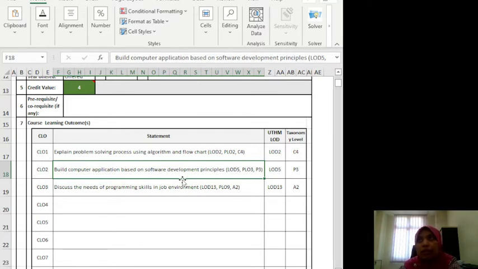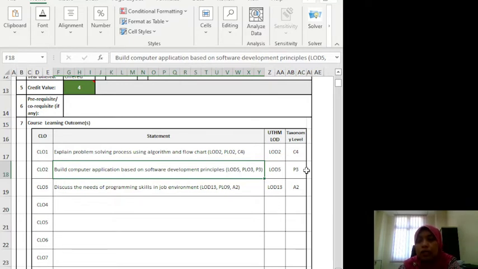So contohnya you nak buat satu application, so you kena tahu lah what is the requirement for that application. Contohnya mungkin you nak tunggu bus. Okay, bus reminder for student lah. Let's say 5 minutes more bus akan datang. So you need to know the step lah. Okay, the requirement, and then what is the data involved with the software and so on. So this is the CLO2.